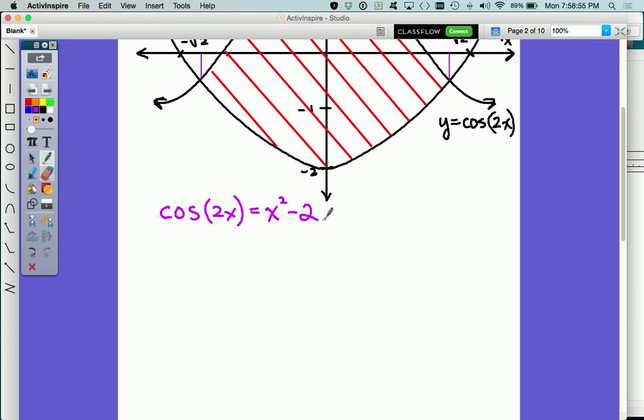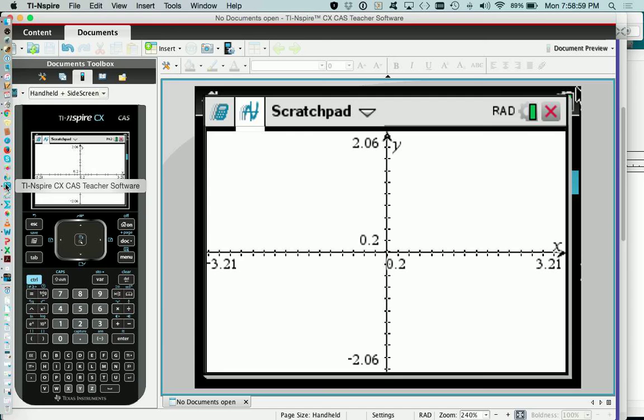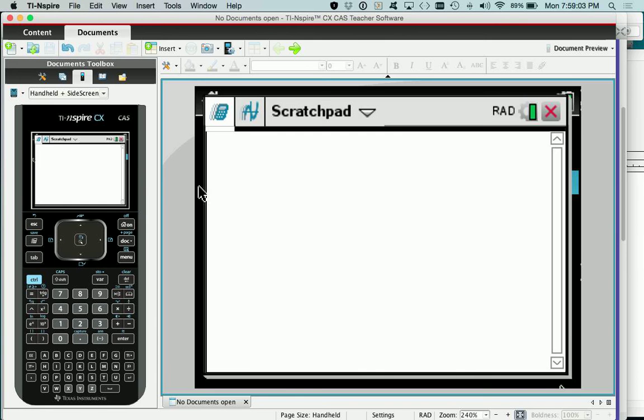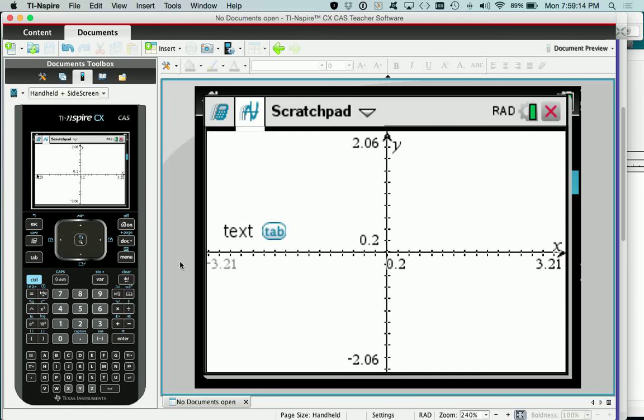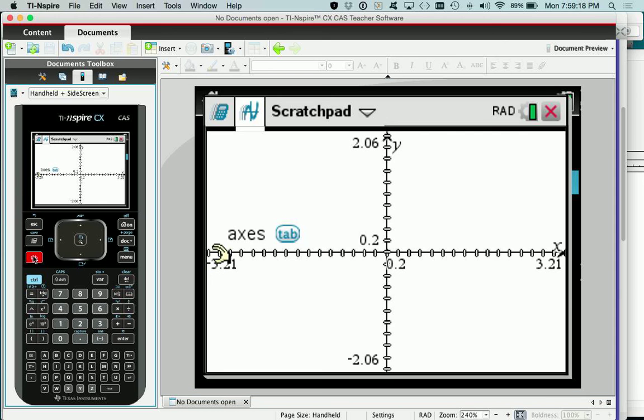And so we go into our calculator, and I want to show you the best way to do this in your calculator so that you do it efficiently and don't spend too much time on it. Now, we could go straight over to a calculator screen here and just solve that equation that I had written down. But I know that eventually I'm going to want to see what these curves look like, if for no other reason to check my answer. So I might as well start with that. That's going to be more efficient. So I go to my graph editor,